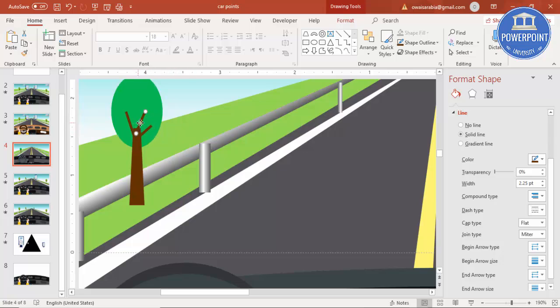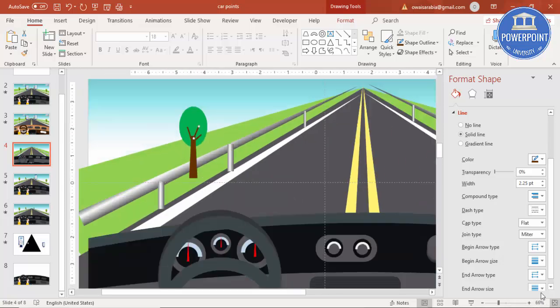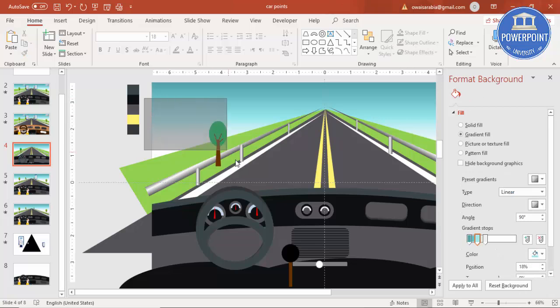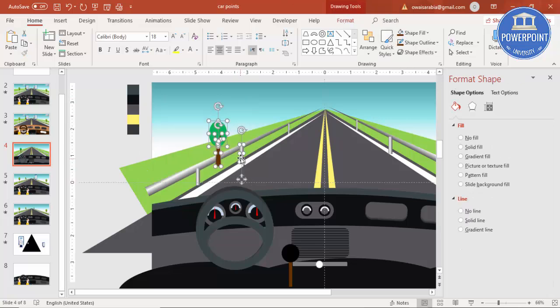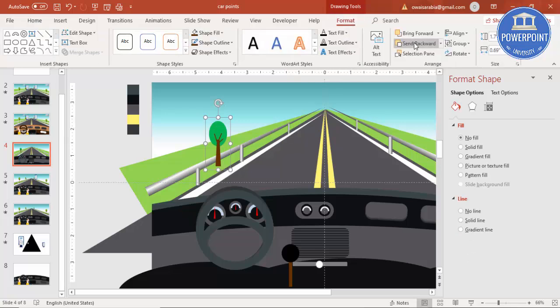Okay, let it be something like this. And then I'm just going to select only the tree, press Ctrl G to group it, and then send this to back,